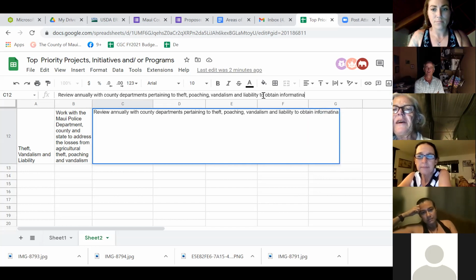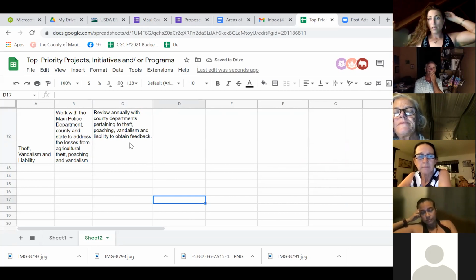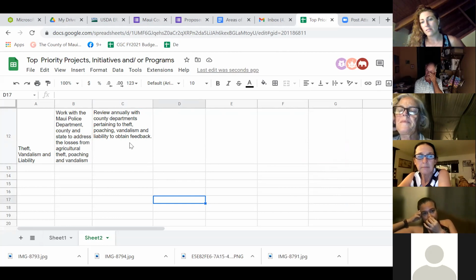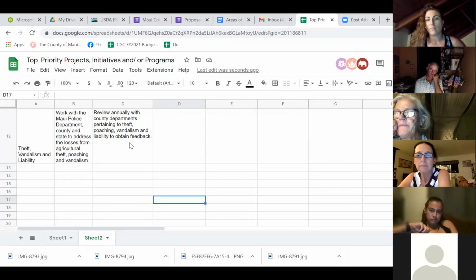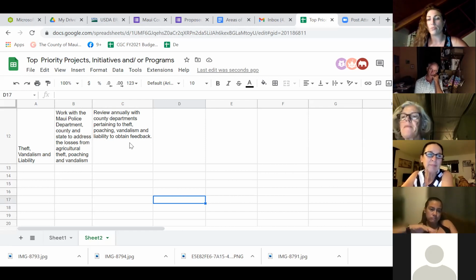It would be nice to have the police department actually have someone dedicated to agricultural theft, poaching, vandalism. Like someone who's been trained. Well, we can't implement any other department to hire anybody, or to educate someone in that department, like to help educate them. Maybe that would be their education, that was up top: develop educational programs to educate MPD and the prosecuting attorney's office and all that.